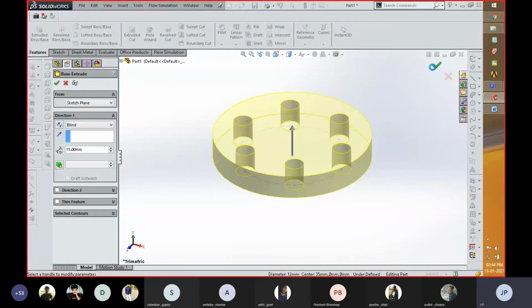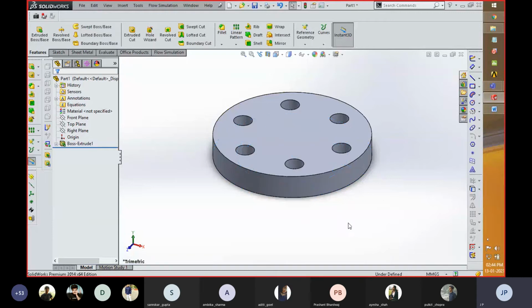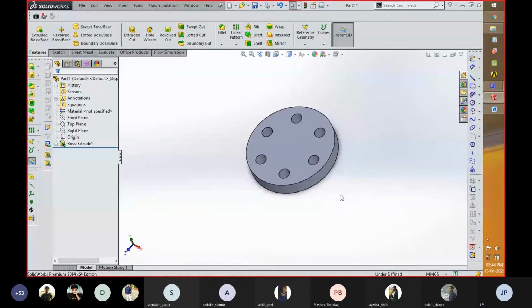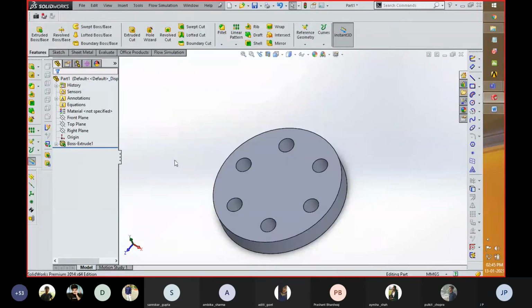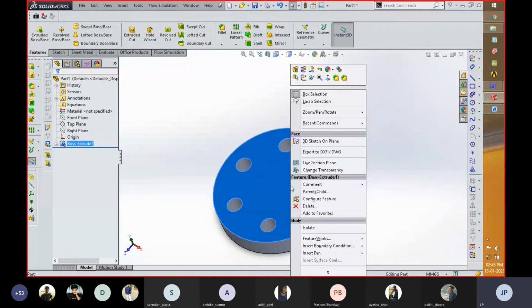In such a manner you can create a component which is created by the user, and any 3D component with respect to this. Now the other part is the cylindrical part, which is around 50 millimeter. Over here you can see that. So that circle is going to be created. The other thing is that you need not always create a sketch from the plane. You can select any surface for creating a sketch. So right over here, I'm going to click on the surface and then click on sketch.